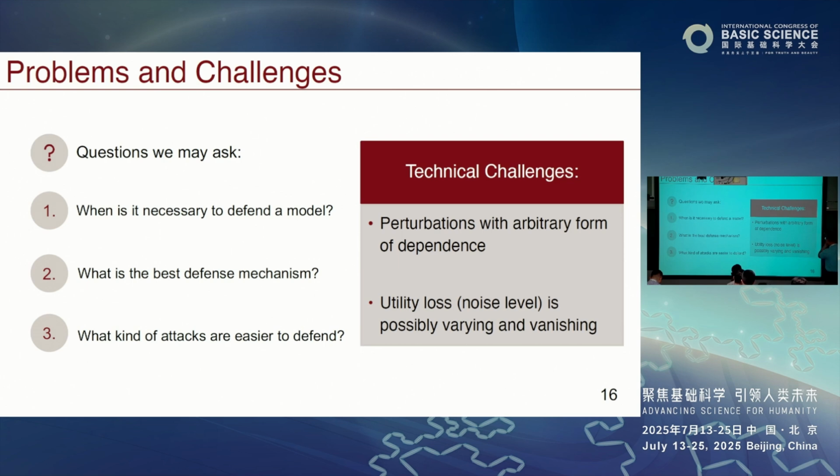And there are some technical challenges, it seems to us. One is that, as I emphasized, if you add independent noise, that's not a good idea, which I will explain a little bit more, but you can already imagine. So how do you introduce dependent error? That's not necessarily trivial. And second is the utility loss. We want the utility loss maybe to go to zero as the query number n goes to infinity, because for people relying on your service long term, you do want your accuracy to be better and better.